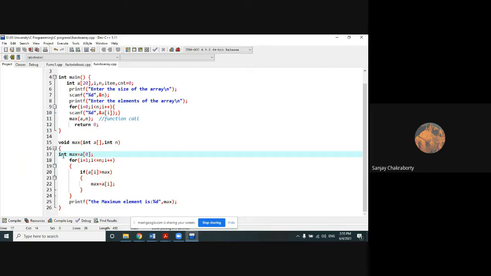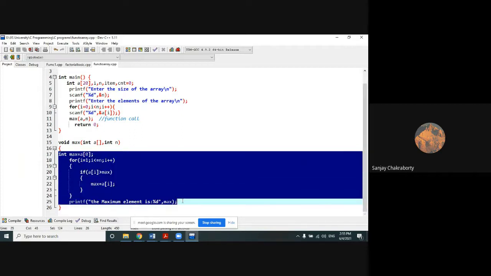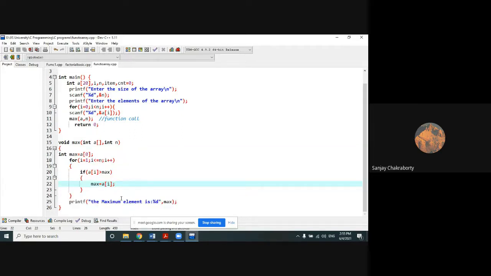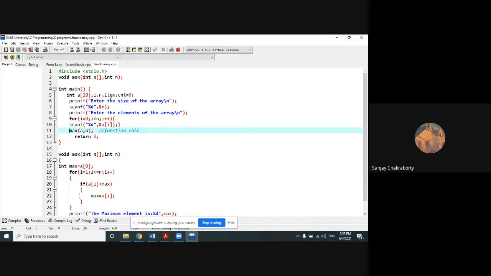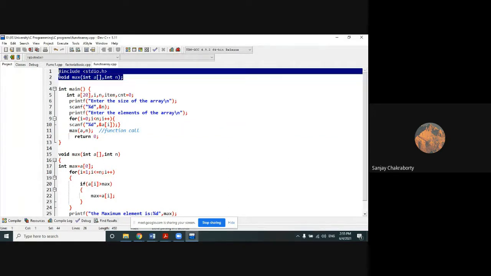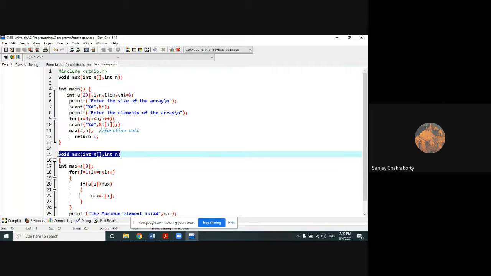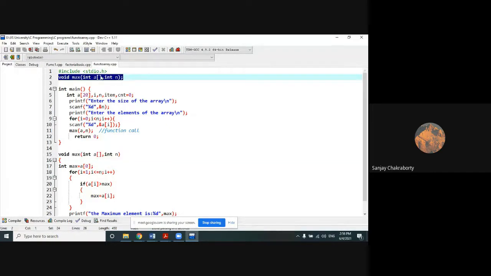And then you will perform the maximum logic that you have already done. I don't need to repeat it again. Then print the results. If you want to return the result, then you can do return max, change the type from void to int, and then receive it here or print it here directly, and change the corresponding prototype accordingly. So your prototype will be equivalent to the function definition. Look, your function definition and your prototype are similar in the case of an array, right?